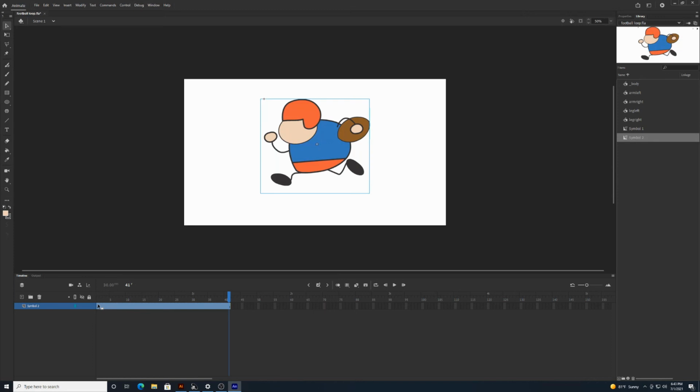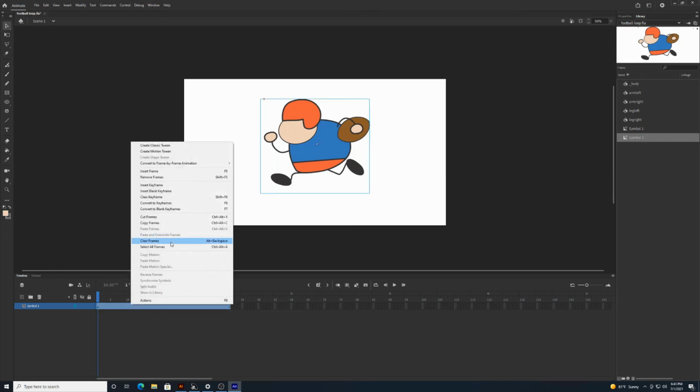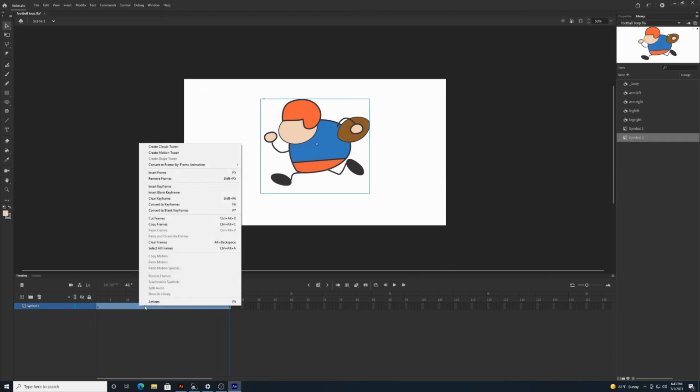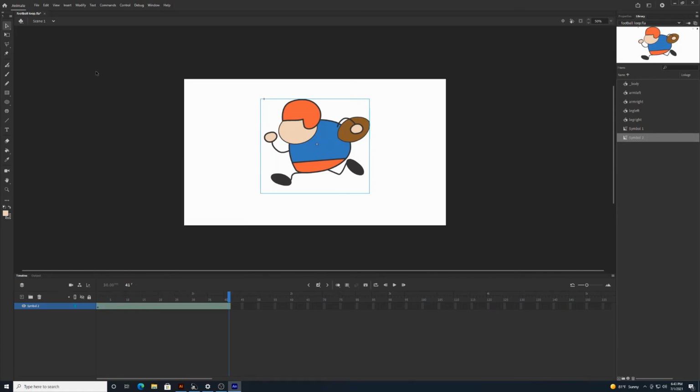And if I select these layers, go to Insert Frame, and if I select these frames, go to Create Motion Tween,